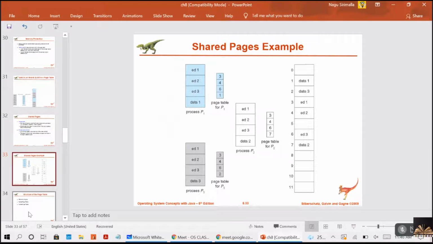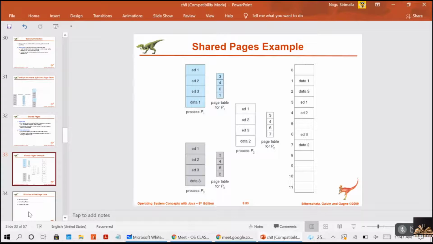Please consider the above figure that shows a system that supports 40 users, each of whom executes a text editor. The text editor can be executed by the 40 users. Let's consider the text editor consisting of 150 KB of code and 50 KB of data space.